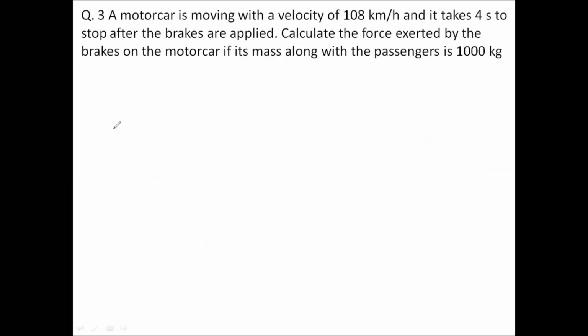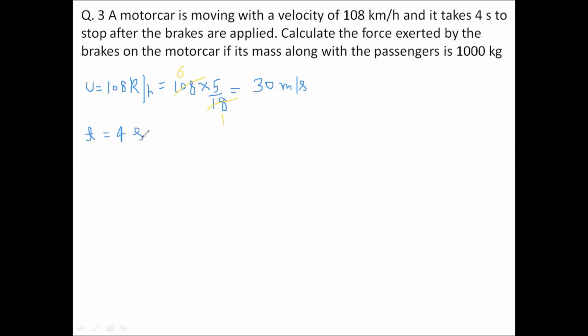Question number 3. A motor car is moving with a velocity of 108 km per hour. This is the initial velocity, and we need to convert this velocity into meter per second first. We can convert into meter per second by multiplying it with 5 by 18. If we cancel it, 18 by 6 is 3. So the initial velocity comes out to be 30 meter per second, and it takes 4